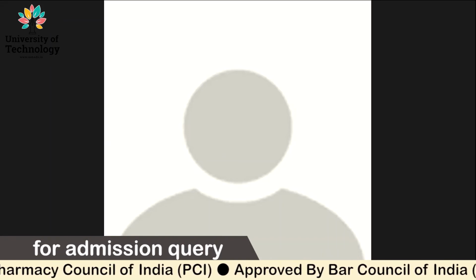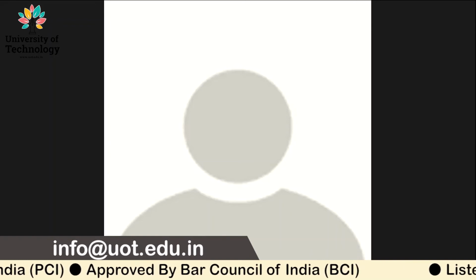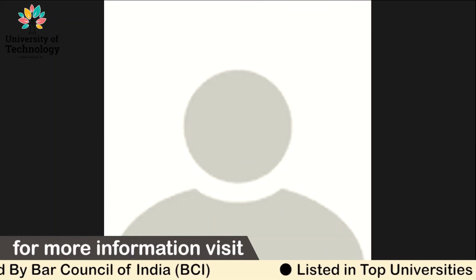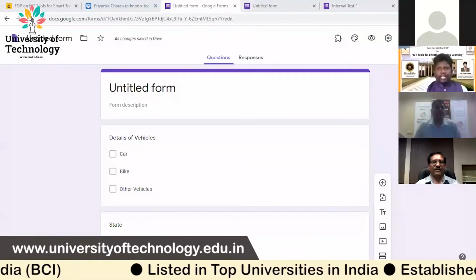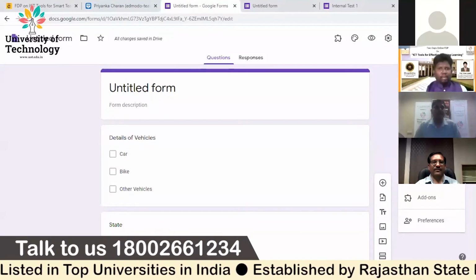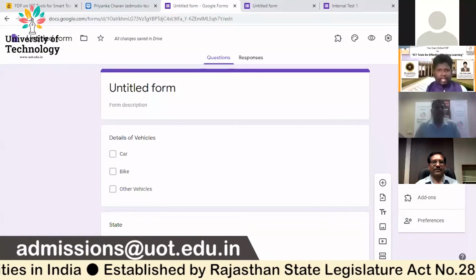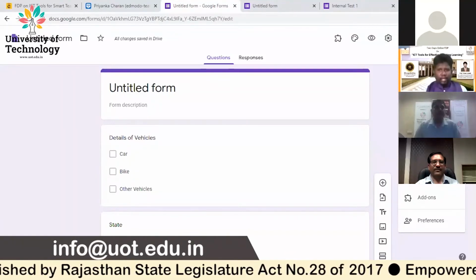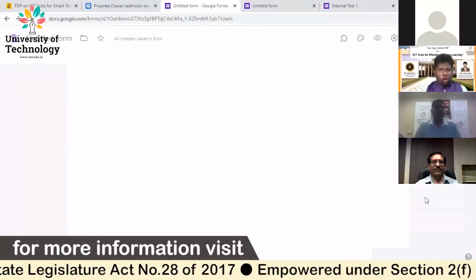And the second question that you have asked is about what the add-ons are. In Google Forms there are a number of add-ons. I shall tell you now. Look here. When you just press here, see more. I will be dealing with add-ons tomorrow with regard to certificate generation. Look here. Just by clicking these three dots, near your profile picture, you have add-ons. Click here. There are so many add-ons available.